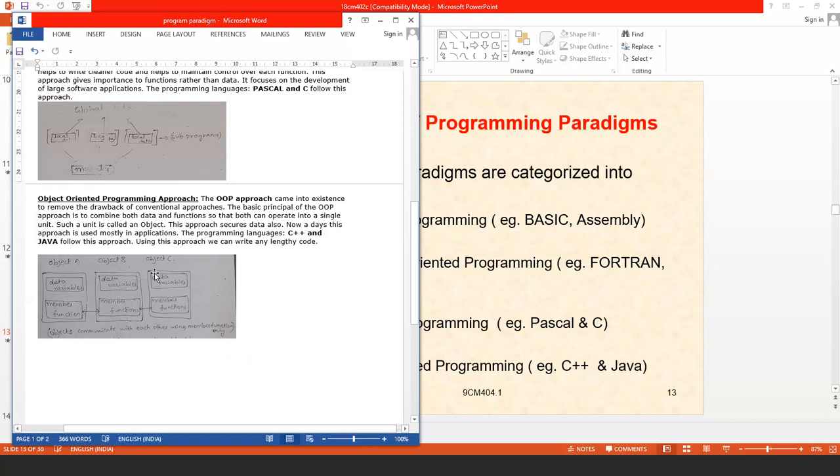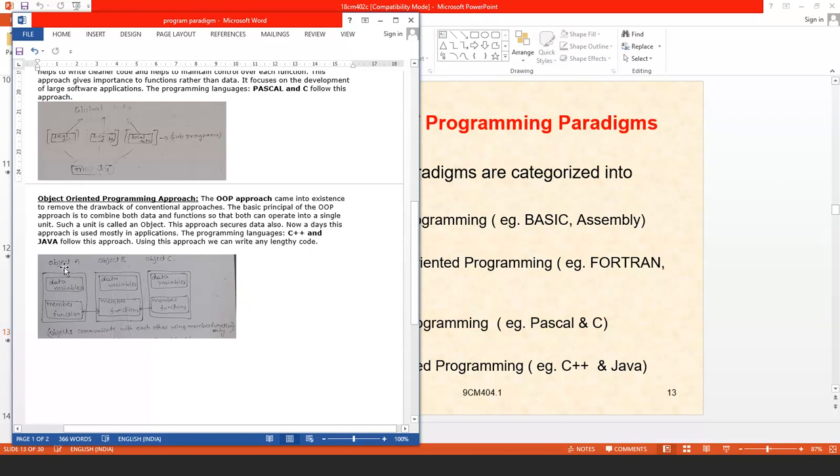They are combined into a single unit and accessed only through object C. The data and member functions under object A can be accessed only through object A, not through the member functions of B or C, or through object B or C.